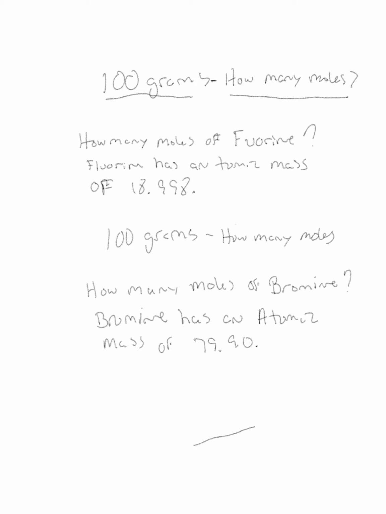If I want to know how many moles 100 grams are, what I would do is divide the 100 grams by 18.998 grams per mole. And when I do that, I will get